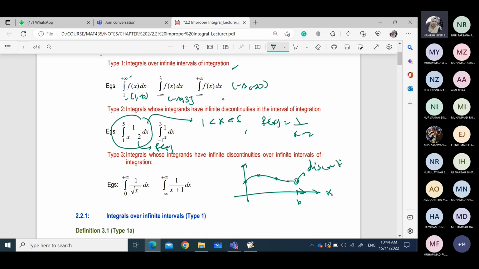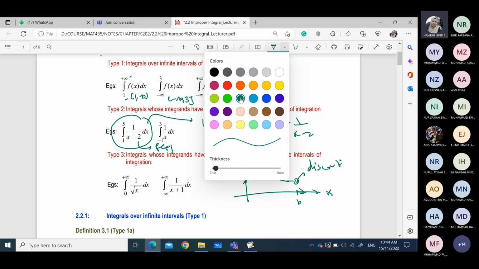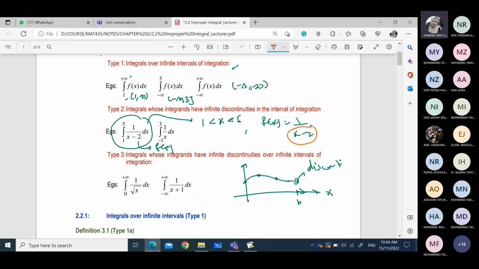So nak check dekat sini, kita dah tahu untuk denominator dekat bawah ni tak boleh kosong. It cannot be equal to 0. So we can say that x minus 2 cannot be equal to 0. Based on this, we identified that x does not equal 2. Maksudnya x tidak boleh 2. Kalau you masukkan nilai 2 ke dalam function ni, you akan dapat 1 over 0, and 1 over 0 is undefined. Jelas kat situ?